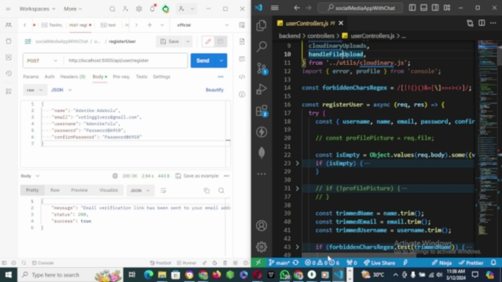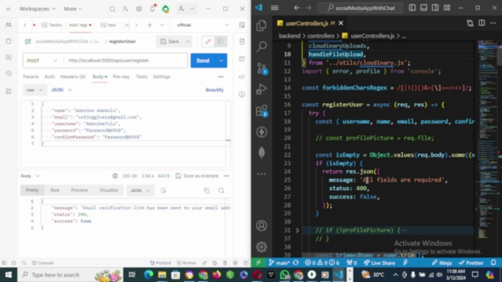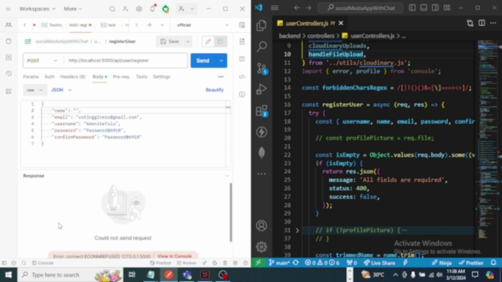If it's empty, we return to the front end with the message that all fields are required, with a status of 400 and success false. So if we decide not to put anything inside this place now, it's going to return with that message and say that all fields